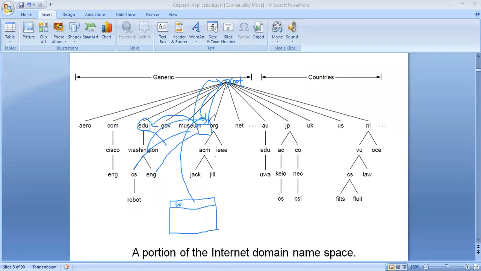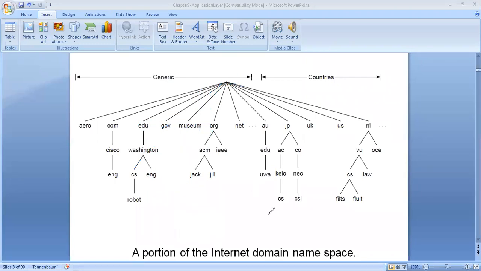So it is like a function call. A procedure will be called to get whether it belongs to edu, government, org, and so on. Once it gets the information that it belongs to edu, next time the resolver will ask whether it belongs to Washington or some other thing. The third time it will check whether it belongs to CS, engineering, or the English department, and then it will give the proper URL of whatever the user has requested. So this is the basic concept of DNS.